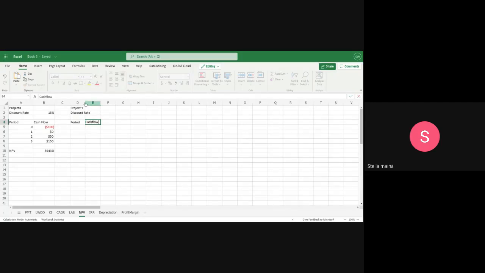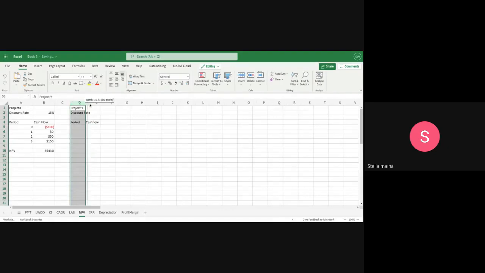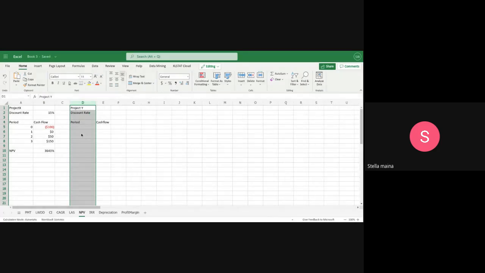So let me just add on this to increase the width so that it looks reasonable with the discount rate. And then now we'll have our period